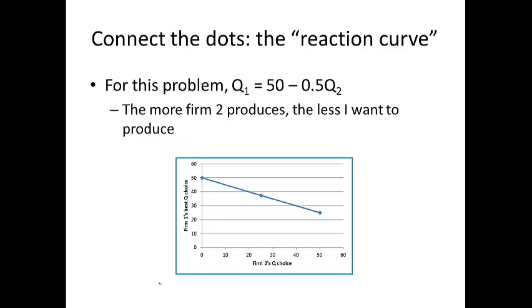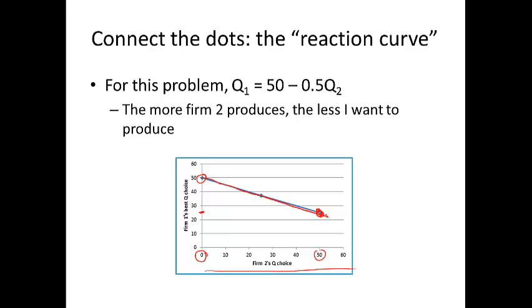Now we can connect the dots, and this has a name. It's called the reaction curve. But let's be clear about what these dots are. On this axis here, we have firm 2's choice. And remember, we started with firm 2 producing 0, and we found that firm 1's best choice, which is on the vertical axis here, was 50. When firm 2 produced 50, we found that firm 1's best choice was to produce 25, and that's this point right here. What we've done here is connect those dots,